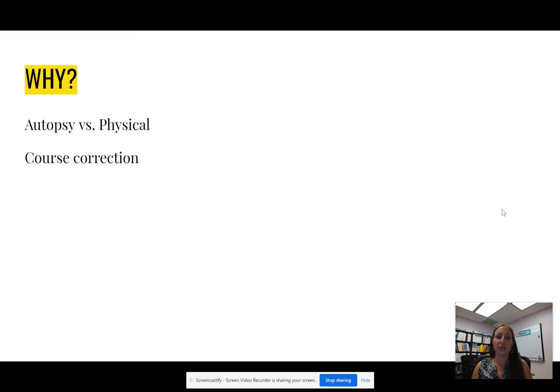So why do we do checks for understanding? I like to use the autopsy versus physical example. If we do not do checks for understanding, it's like the first time we go in to see a doctor is when we go in for an autopsy, right? Everything is over. There's nothing that we can do. Instead, what we want to do is use checks for understanding as a physical. So we want to test students or assess their knowledge to see if they're getting it or not,